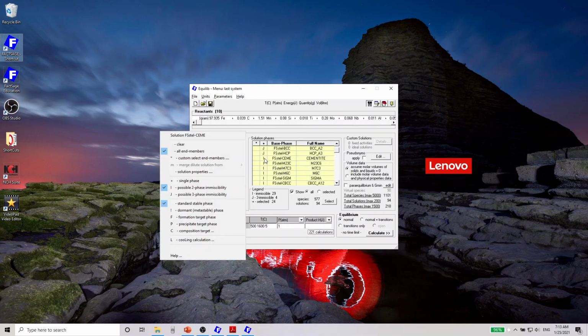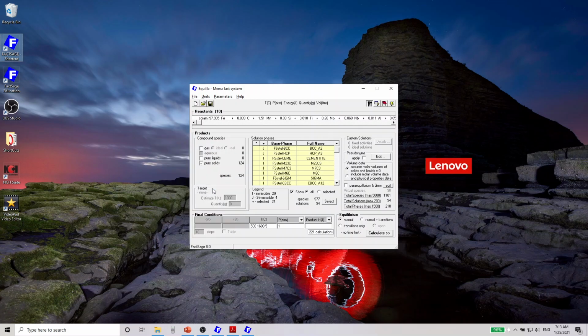So to do that, we'll go to each carbide phase and right click on this area and change it to possible two-phase immiscibility. So after all the carbide phases are changed from single phase to two phase immiscibility, we will add